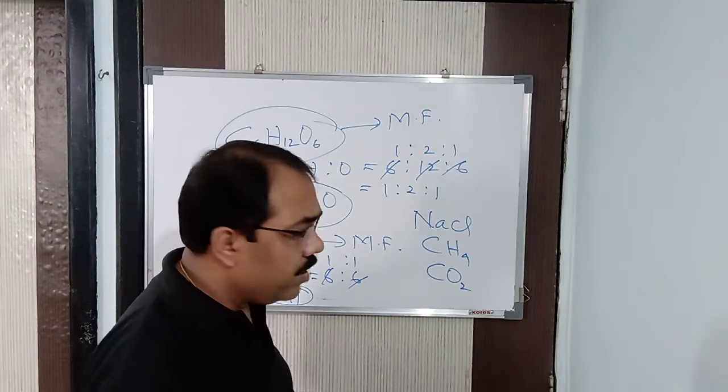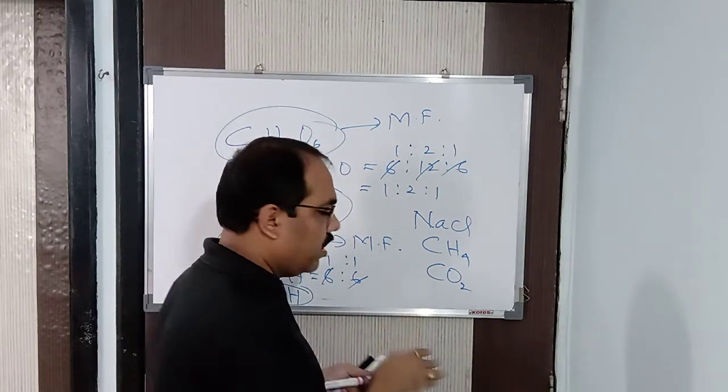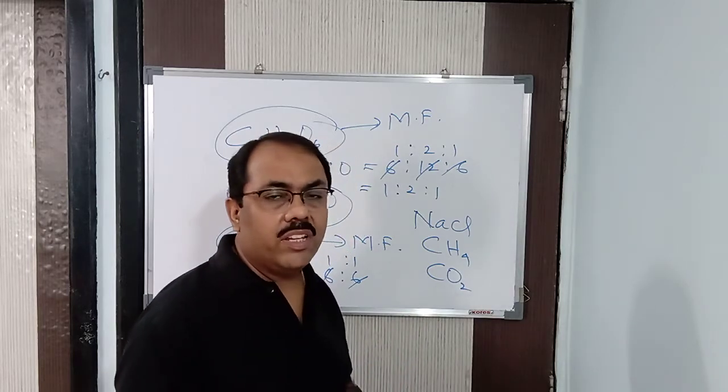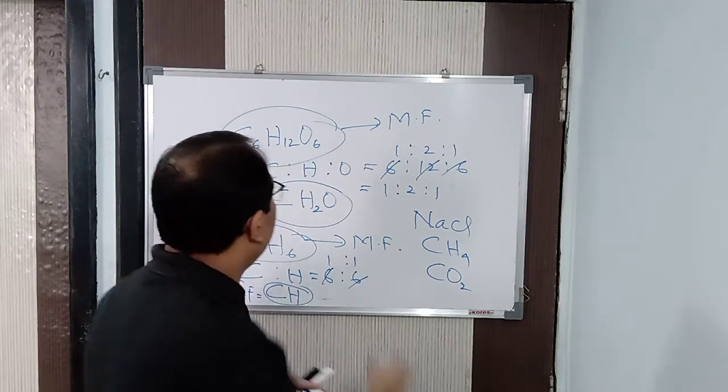So there are certain compounds, not only these, many are there. I am just giving an example, okay? Don't think only these 3 are there. No, there are many compounds where the empirical and molecular formula are both the same. So how do you come to know where you can simplify it? Like here, you can simplify it.